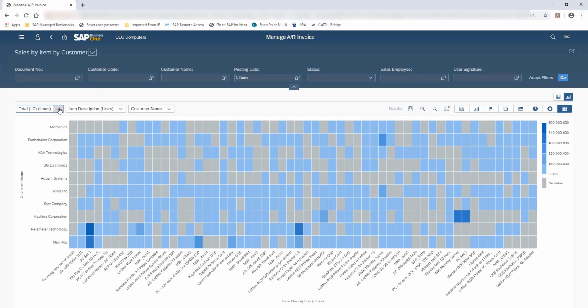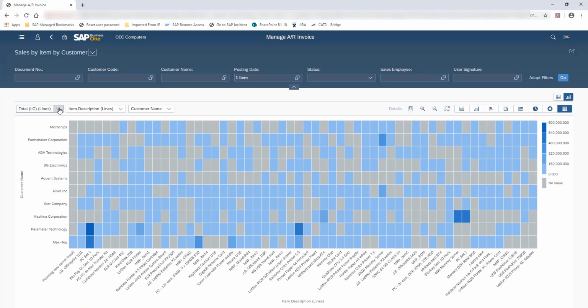And we see my favorite chart type, the heat map. And what are we looking at here? We're looking at the total sales by item, by customer. And you can see all these blue squares. The really dark blue squares are the favorite items for some specific customers. And it gives us a nice view of our sales spread for the filtered period and so on that we